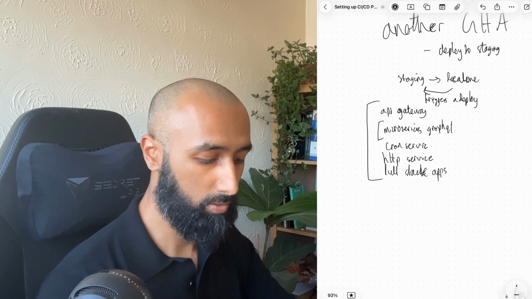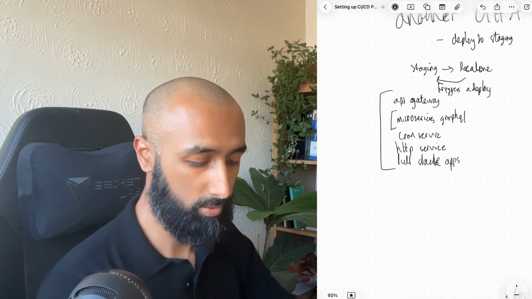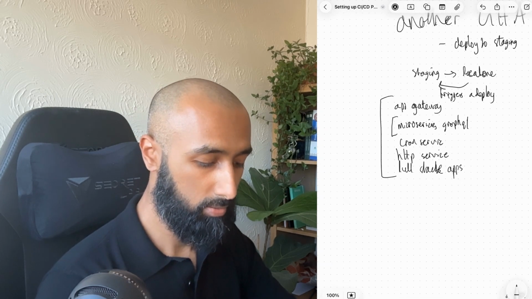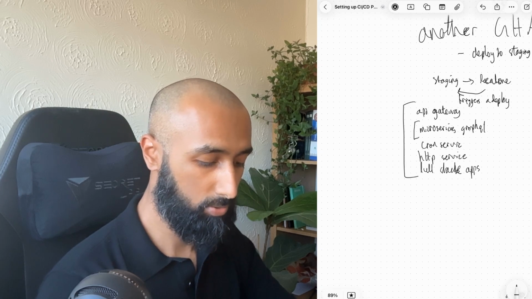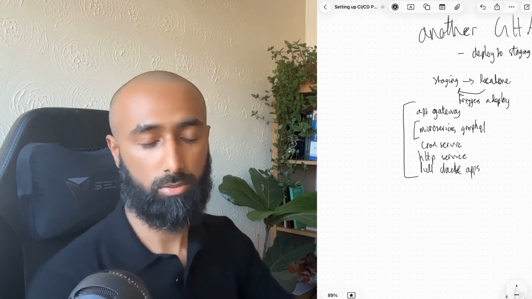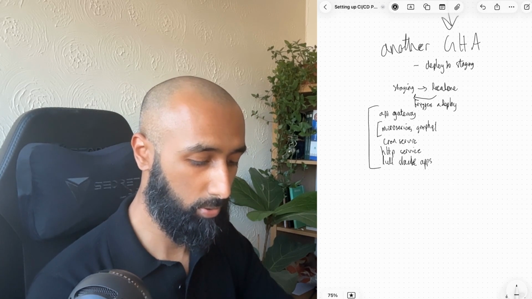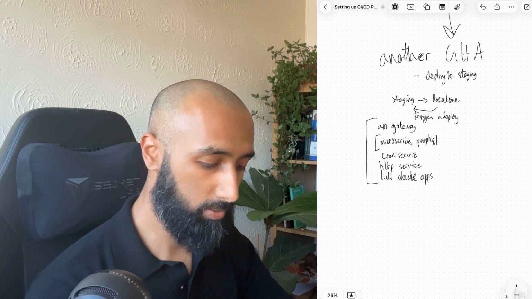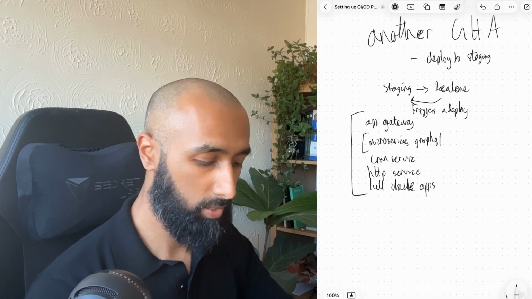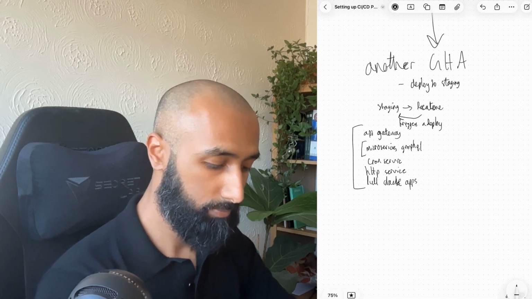Now imagine working on something and then having to do a manual deploy. This is kind of why CI/CD pipelines are great, because you can work on your code, you can merge your code, and then you can just deploy it. And now kind of what happens is once that's in staging and we want to deploy it to prod,